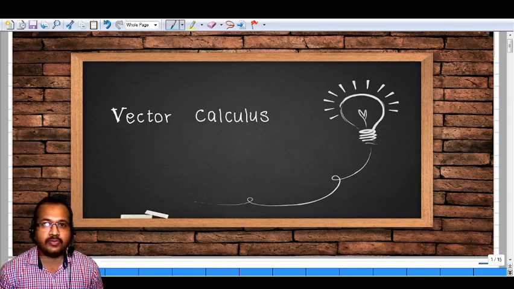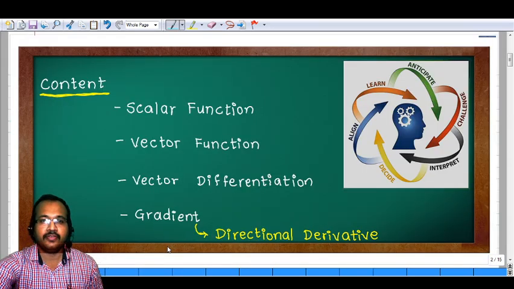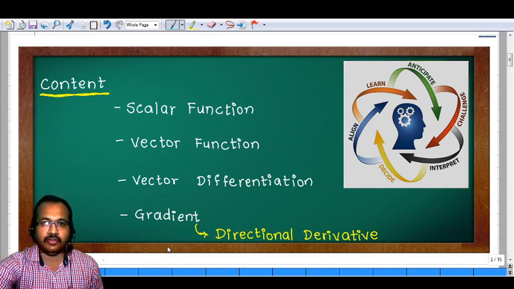In this module, we are going to discuss vector calculus. In vector calculus, we are going to discuss scalar functions and vector differentiation. In this, we are going to define a vector differentiation operator and different ways to operate the vector differentiation operator on scalar functions as well as vector functions. First we are going to discuss the gradient of a scalar field, whenever we operate that vector differentiation operator on a scalar function, and then we are going to solve some examples regarding directional derivative.